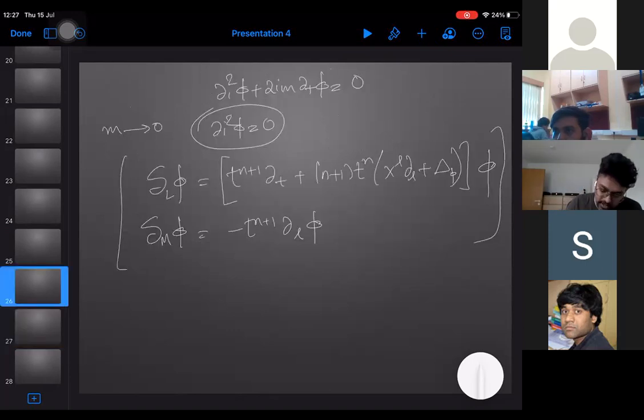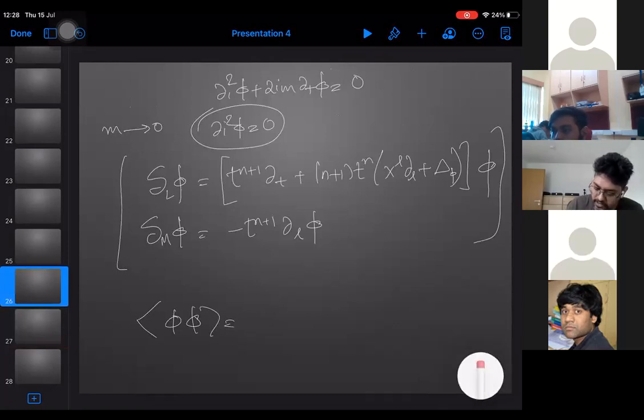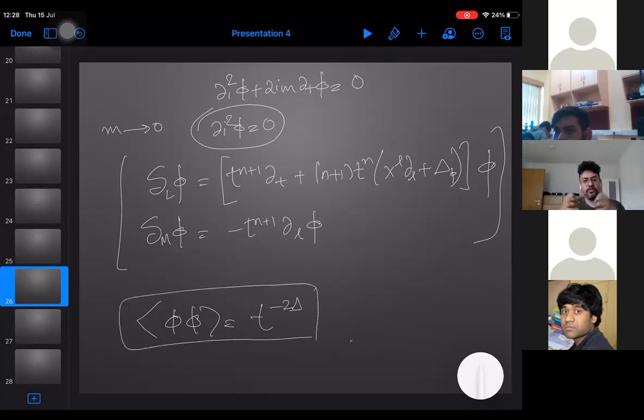And, for example, even for this theory, the 2-point correlation function, if you try to calculate it for the scalar field theory, goes like time to the power 2 delta, and delta, you know, is just the weight. So just to show you the 2-point correlation function. This will be useful when we try to compare both sides, the BMS side and the boundary side. So you will see how they compare and all.